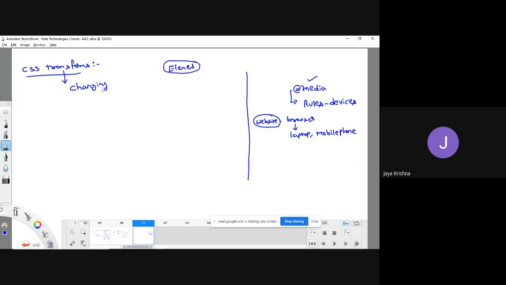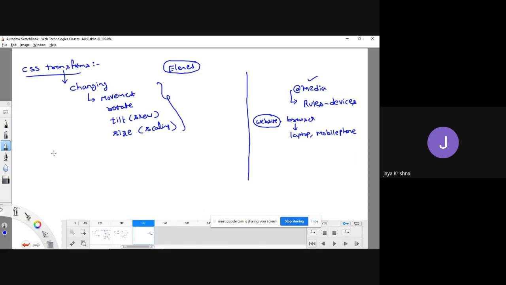It can change its movement, or it can rotate, or it can simply tilt from a particular position, which we call a skew, or it can change its size, which we call scaling. These are the various kinds of changes we can do over an element.